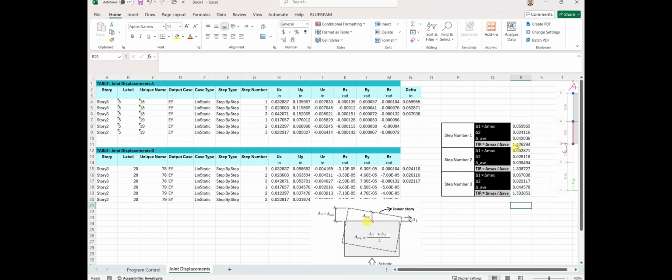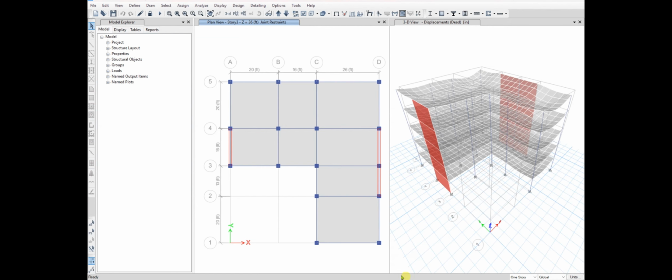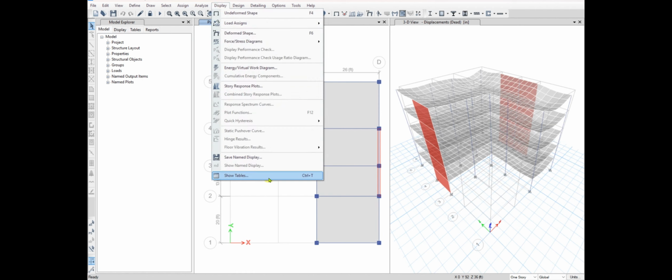These ratios can also be read directly from ETABS. My goal is to verify ETABS calculations with our calculations in the spreadsheet. So I go to display, show tables,